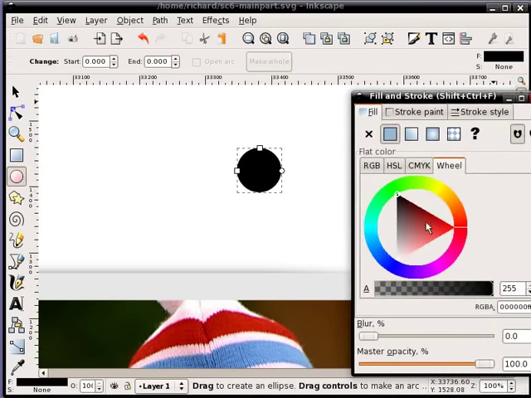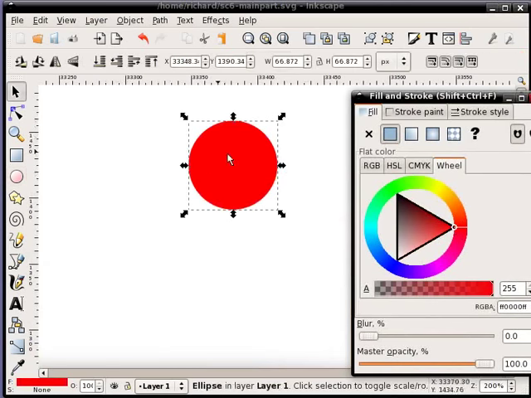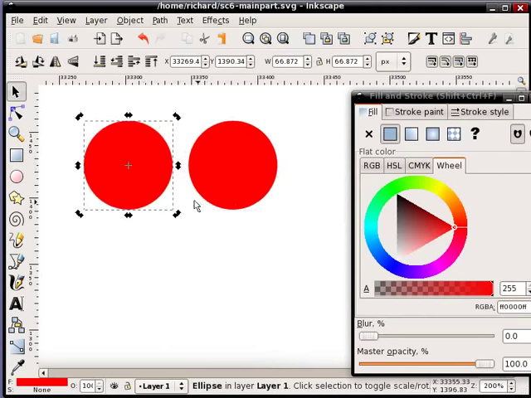I'll change it to some kind of, say red. Now what I've done in the past is kind of create a semi-realistic thumbtack by doing the following. I'll take that circle, I'll duplicate it, create another one, and I'll make that one a different color, darker say, and I'll duplicate that again,